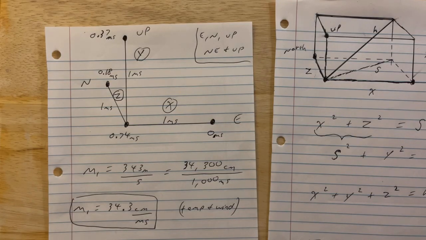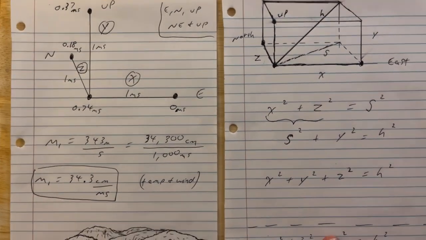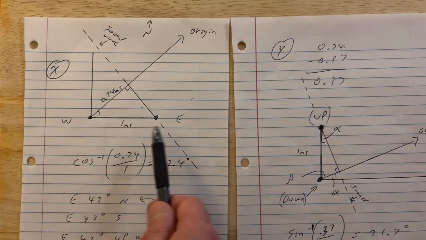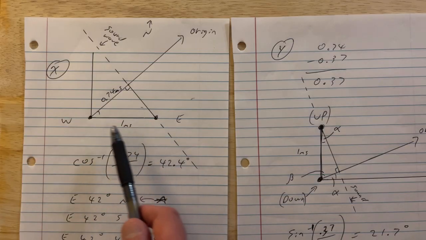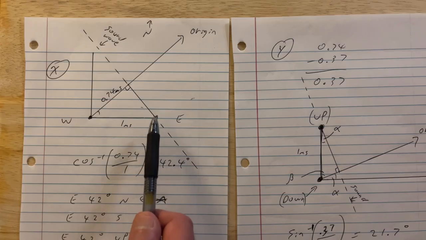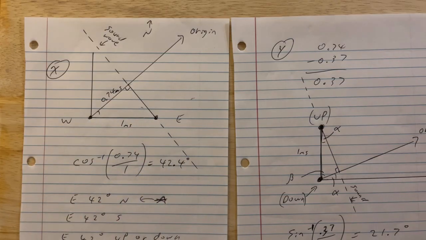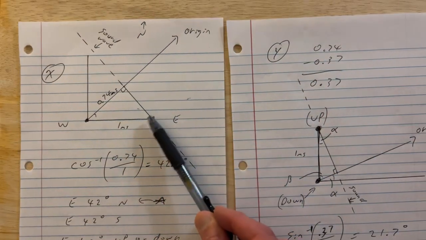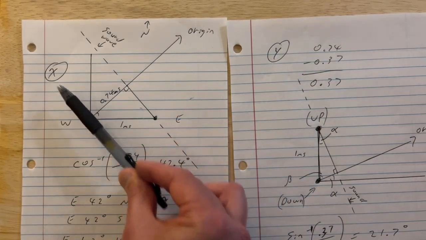I always encourage people to pause the video at any point so that they can try to figure this out on their own, and I'll show the next page. So here, x-axis, like I said, I'm going to try to make this look easy. With just the x-axis, we only have two microphones we have to worry about, the east and the west. The sound wave is the dotted line or dashed line. It comes down like this, like my pen, hits this microphone first on the east,